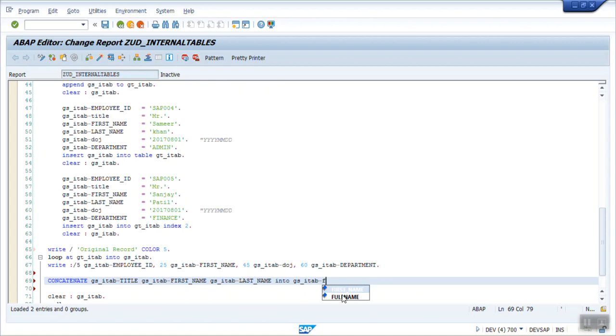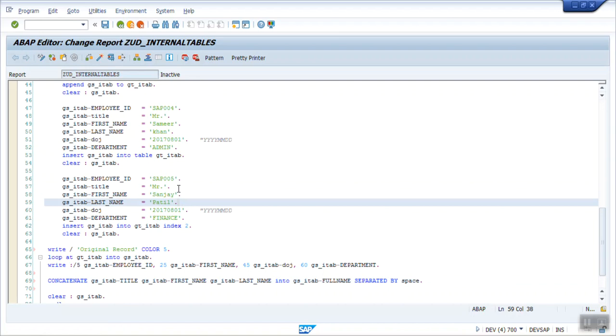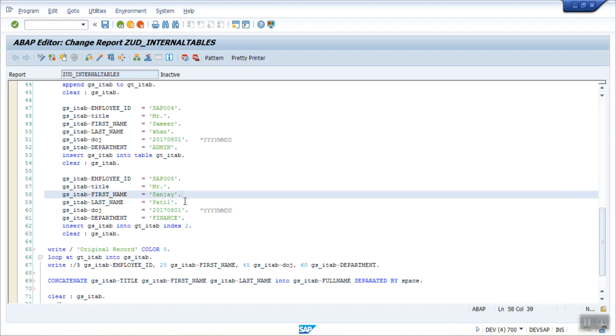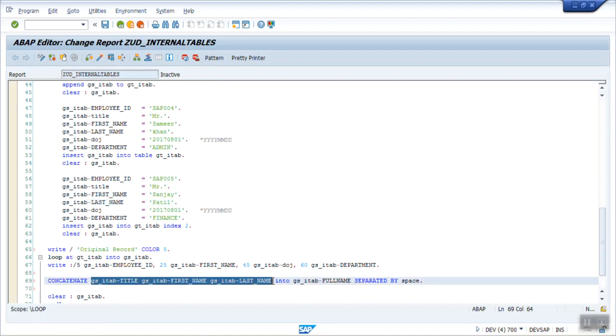What I am doing here, I had separated by space. In my internal table, I have title, first name and last name. So by concatenating, I'm making a full name. This concatenate will add all three values in a single field called full name, and it will separate them by space.